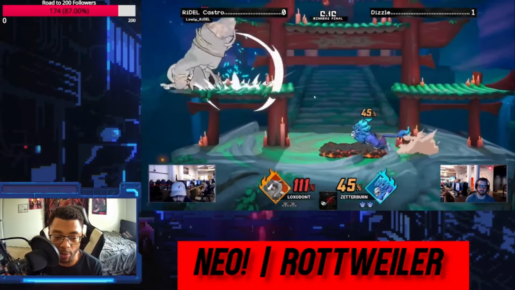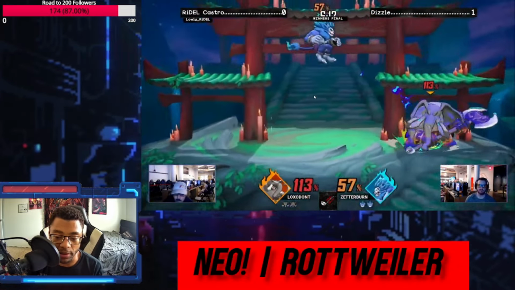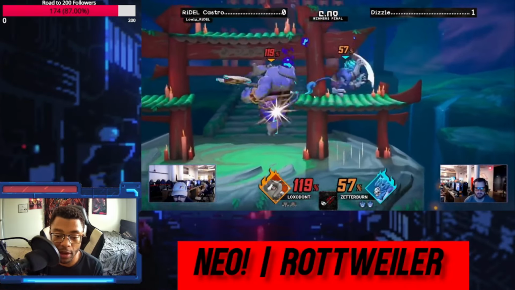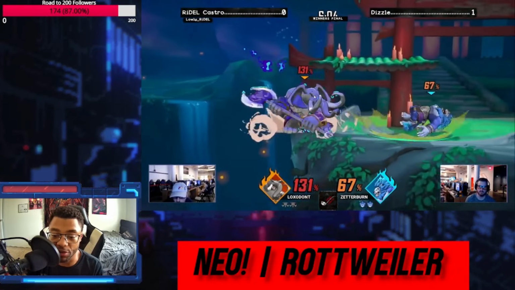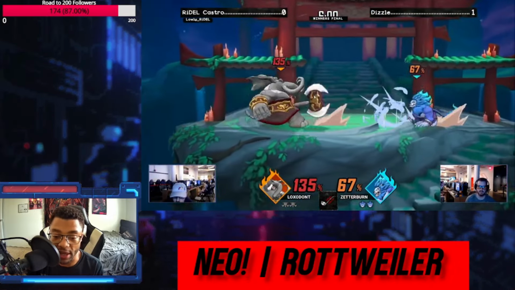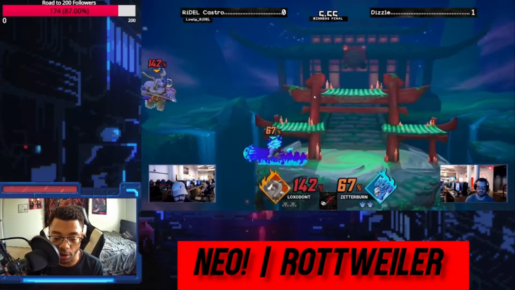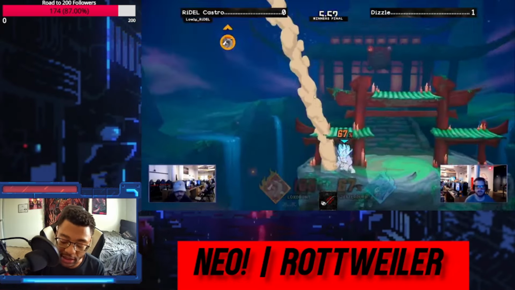So there's a lot of counterplay to Loxodont's recovery that makes it kind of weak comparatively to other characters, and that's why he kind of has to be aggressive, because he can just die from a couple good plays from Dizzle taking the stock. That's all it takes sometimes against Loxodont, somebody really being on the ball, and your recovery would be exploited because it kind of needs perfection. And there's a crazy